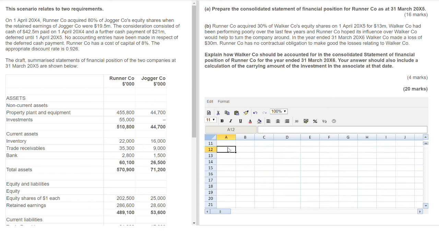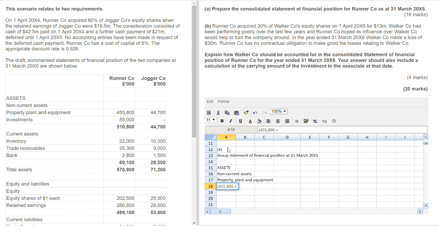Okay, so what I would do is I would start off, I'd go with part A, and I would look at the group statement of financial position at the 31st of March 20x5. I'm going to start off with my assets. I will start off with my non-current assets, and I will start off there with my property, plant and equipment. And what I'll do underneath is I'll put in a bracketed working